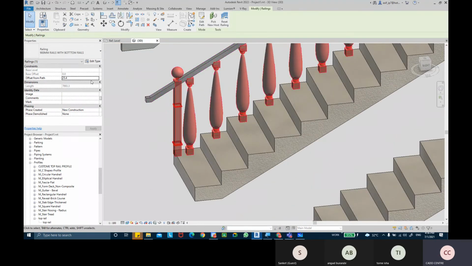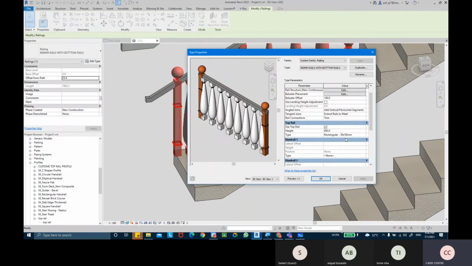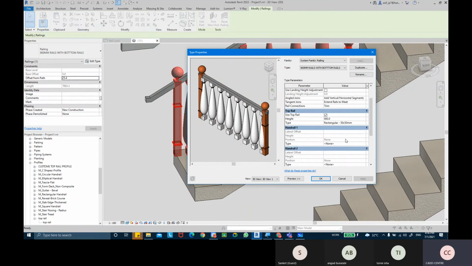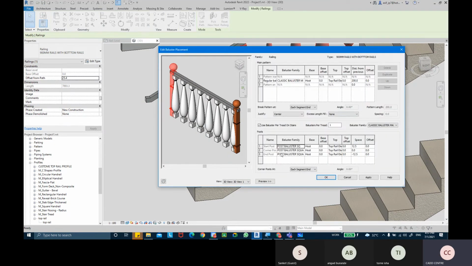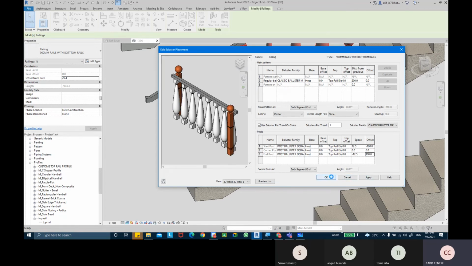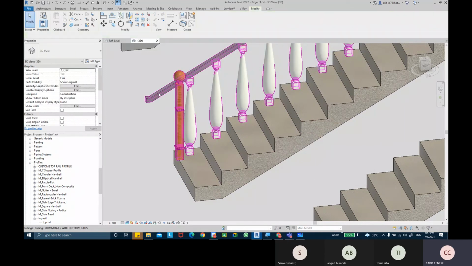Oops. Yeah, top rail extended. So we need to come into the post option as well, and take the offsets to push it out. Oh, that offset is wrong, sorry.